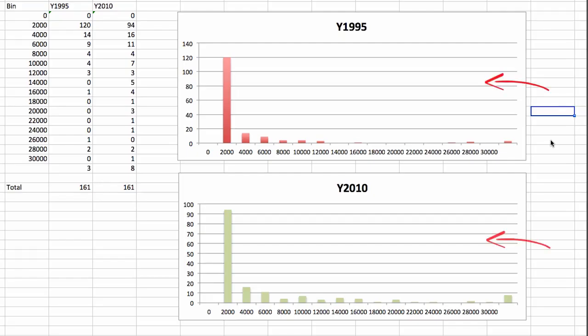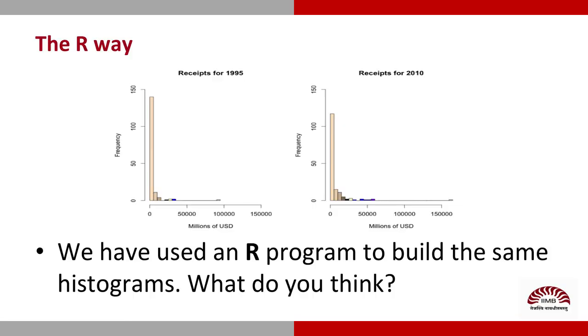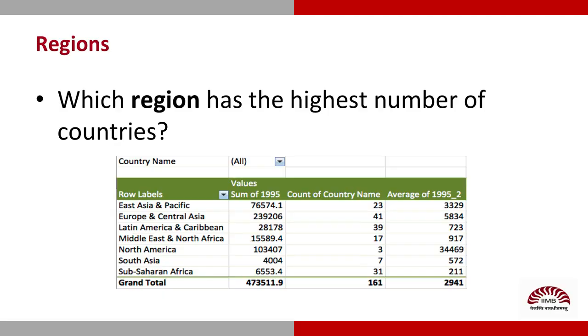So what you have on your screen are the histograms for the 2 years. I have even used an R program to construct a neater version for these histograms. But barring the bar on the left, there is little difference that we can spot. About 25 countries have shifted to the right. You're right. How about we just stick to one region?